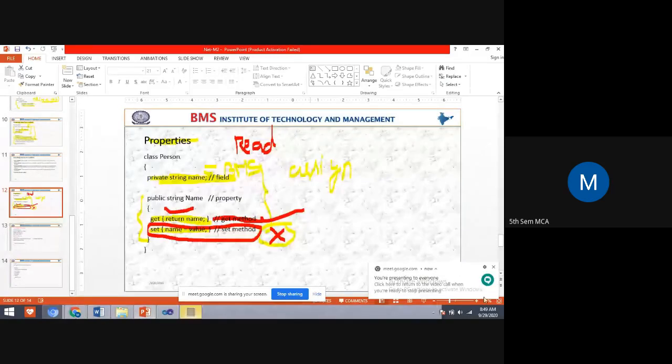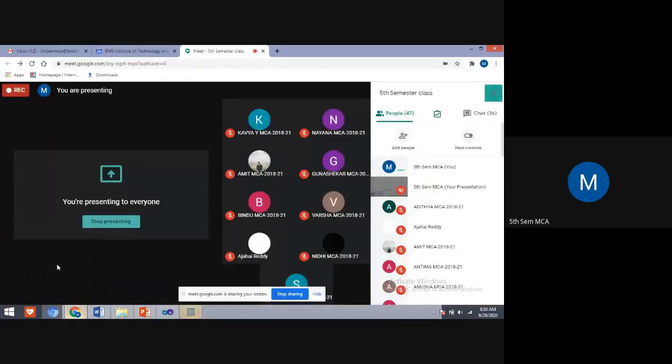So in the last class, all of you have written today's assessment question. Two programs I have given. The first program is to write a program for a quadratic equation, and the second program is to check whether the given year is a leap year or not. These two programs you have to write. This is your assessment, today's assessment. 2 marks for each program.